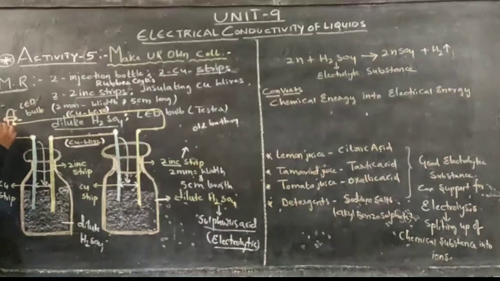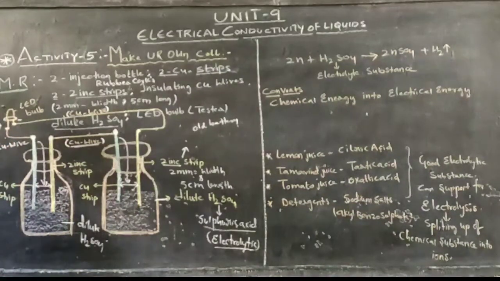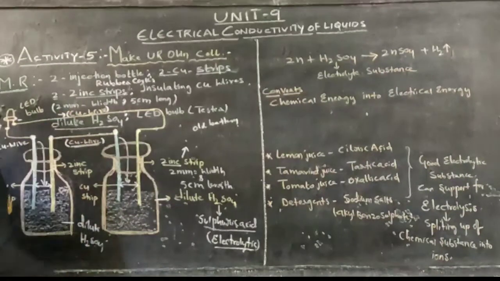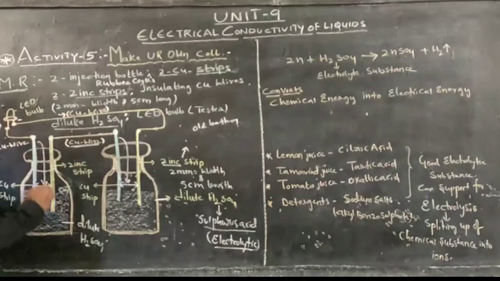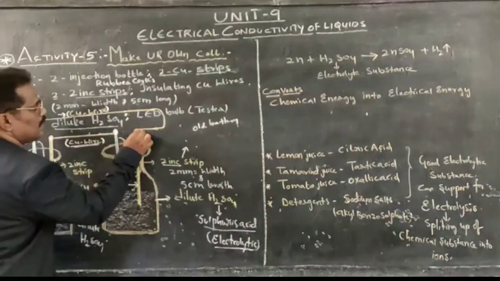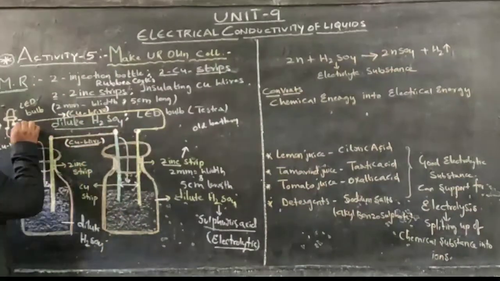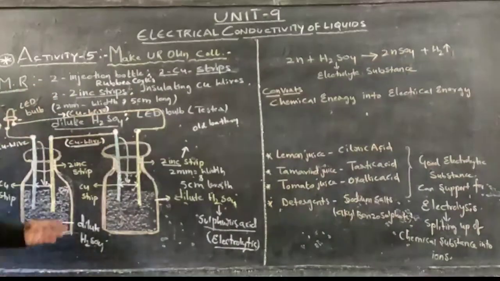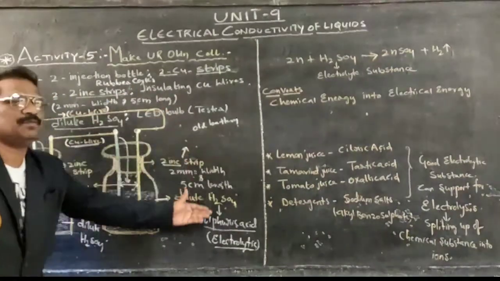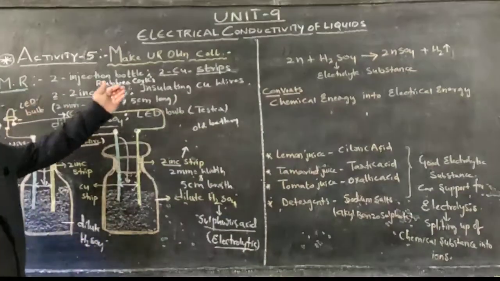One end of the LED bulb as well as the copper strip, connect by using copper wire. Later on, take one more piece of insulated copper wire, connect it to the other end of the LED bulb and the zinc strip, and make this connection there itself. By this, the total procedure of this concept has been